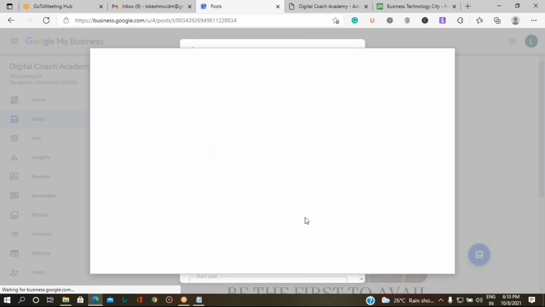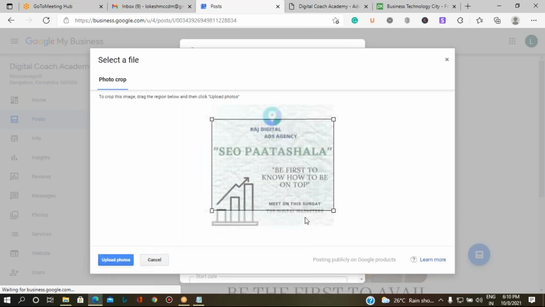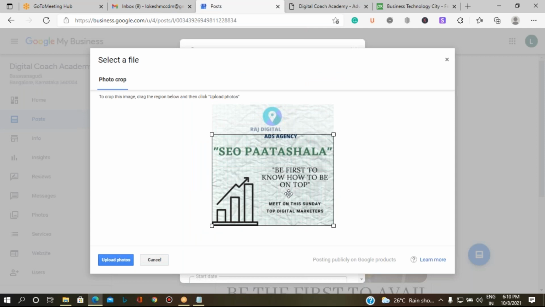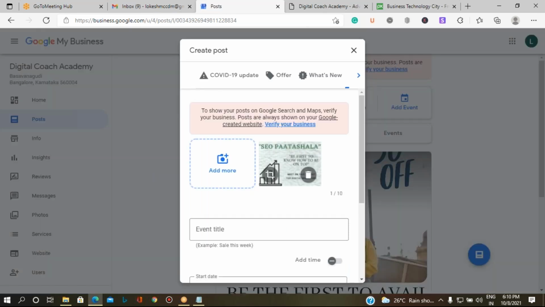Let me crop it. I haven't come to add forms yet. Okay, I'll crop this. Fine. Let me assume that there is an event going to happen this Sunday, which is called SEO Pathshala.